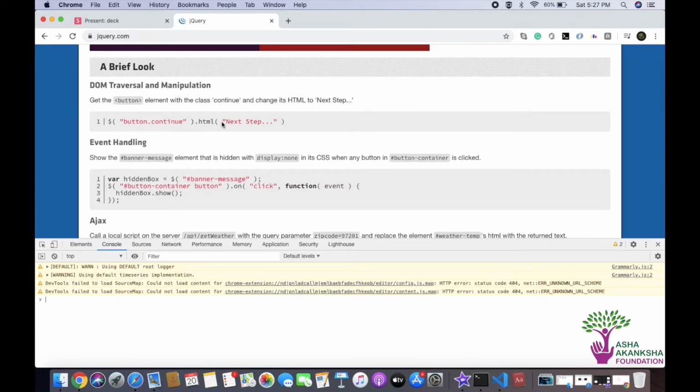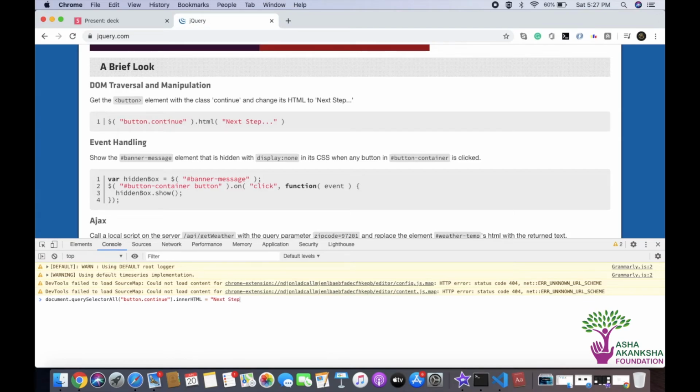But this is just to show you that if you were doing this, you would have to write document.querySelectorAll('button.continue').innerHTML equal to